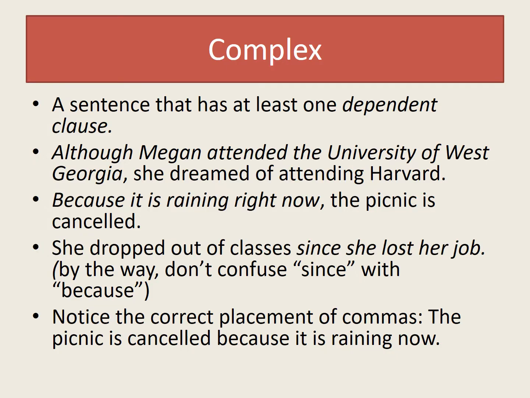The third type of sentence is a complex sentence, and this is one where there's at least one dependent clause combined with an independent clause. And sometimes you can have two dependent clauses, or two independent clauses, but that gets more complicated. I wouldn't recommend very much of that in your writing because it tends to be too complicated for people to read. So these are some examples of sentences that start with